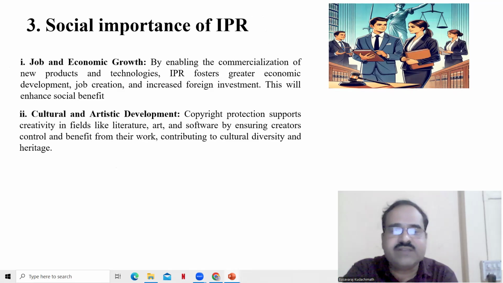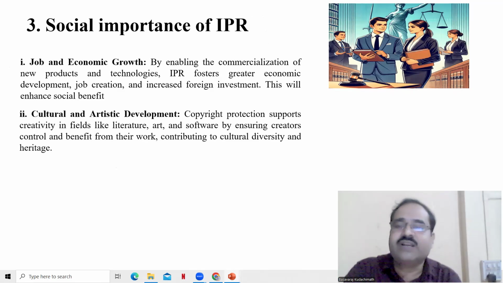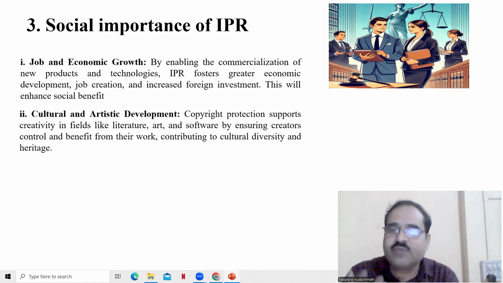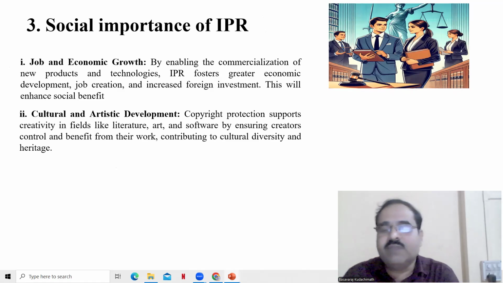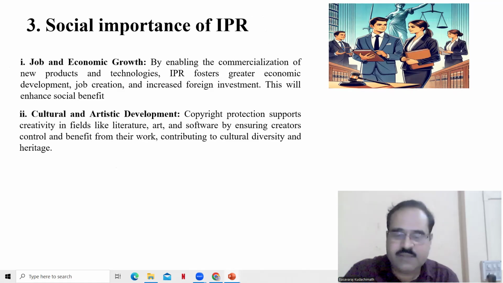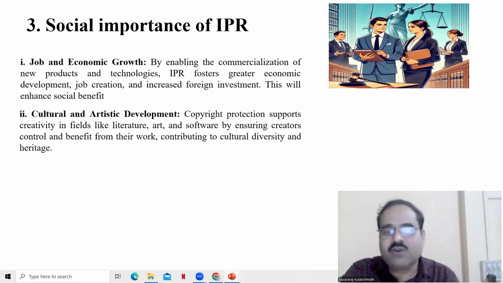Cultural and artistic developments: copyright protections will protect the heritage of that particular country, will protect the culture of that particular country, which cannot be duplicated. For example, the Channapatna dolls, which are produced by the Channapatna workers, may not be copied easily by third parties because the designs are patented and they can claim it internationally. So Indian products identified internationally is a pride for the country also, because the country's village products are going to the global markets because of intellectual property protections. If it is not there, it can be copied by anybody and there is no value for the heritage. It just becomes a product, not a heritage product.